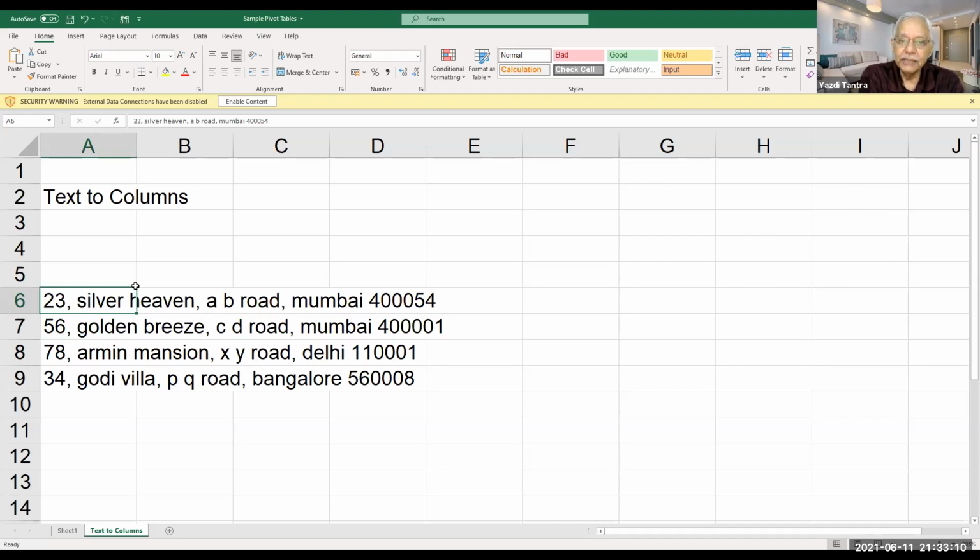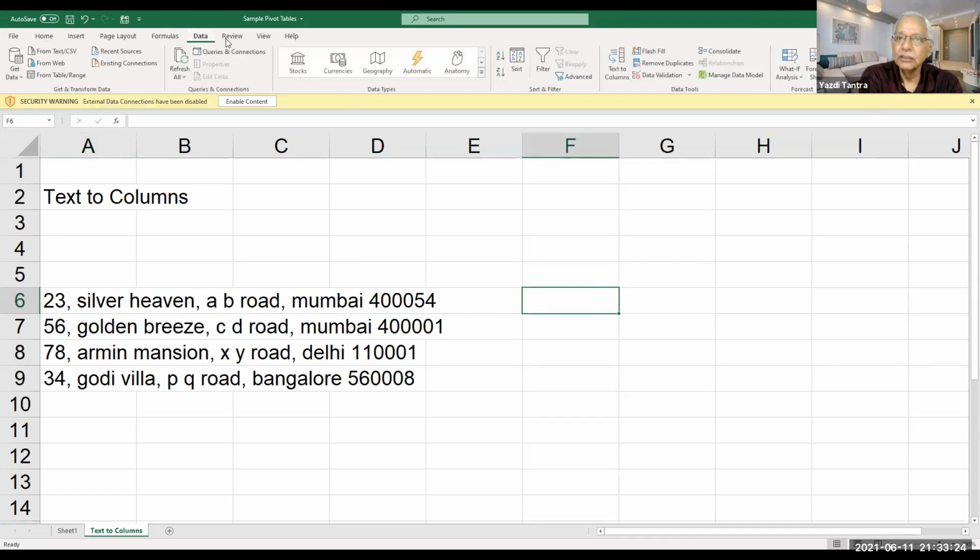Now many times we might need to split this into columns, and the easiest way to do it is to go to Data, where there is something called Text to Columns.